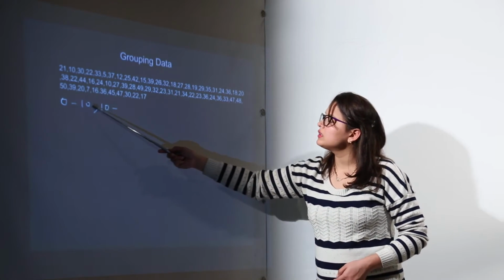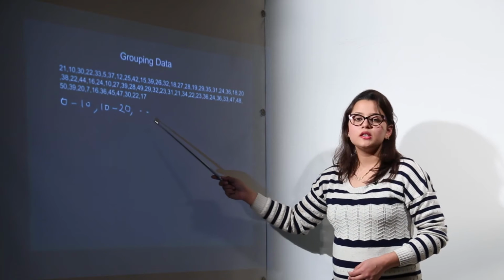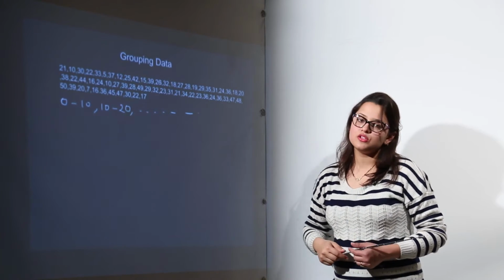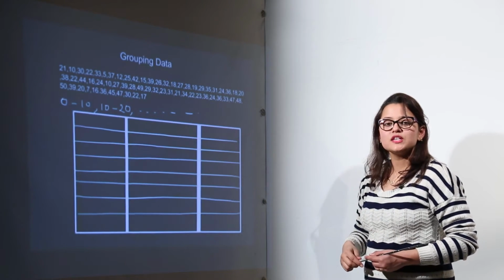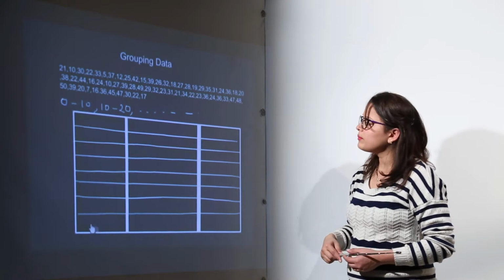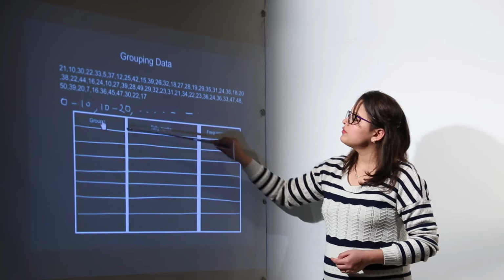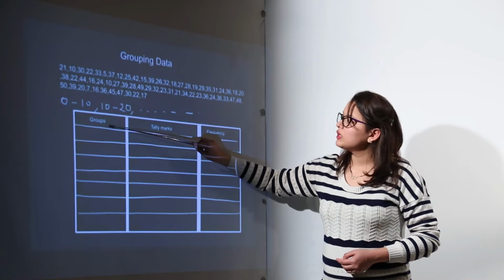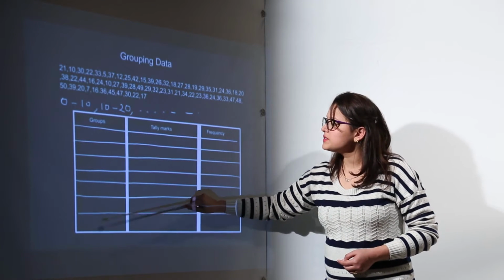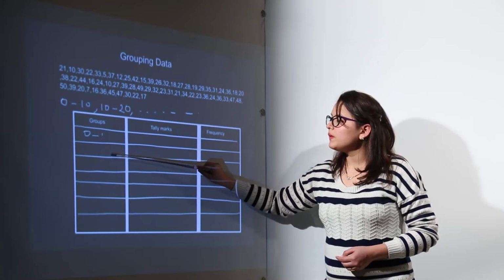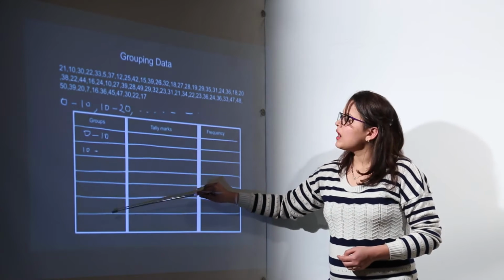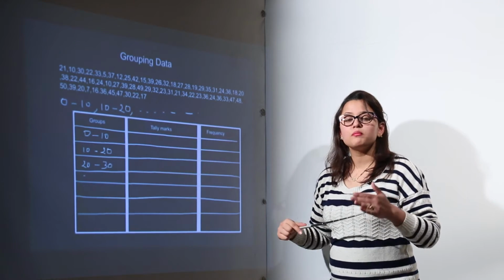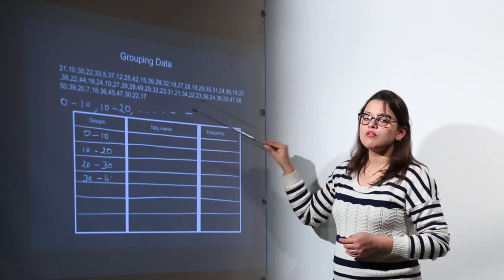I am taking the groups to be 0 to 10, 10 to 20, 20 to 30 and so on. That means I am taking a gap of 10 in each group. Again, for organization of the data, I will be making a tabular format. The first column of the tabular format is going to have the groups. All my groups will be written in the groups section, that is 0 to 10, 10 to 20, 20 to 30 and so on, up to such a value that your maximum data value can be covered in it.